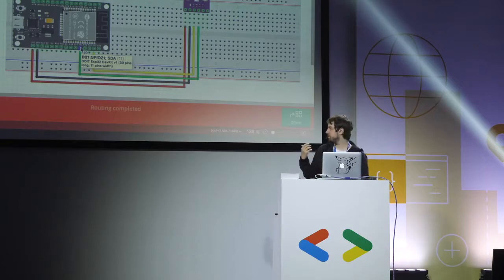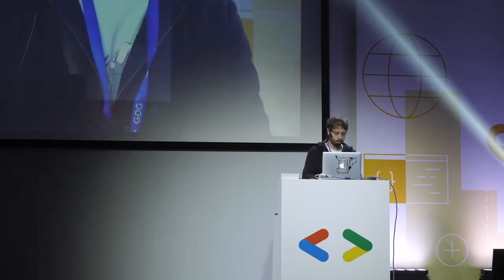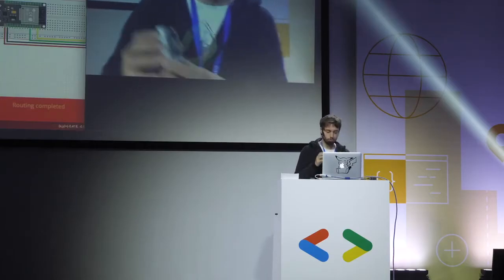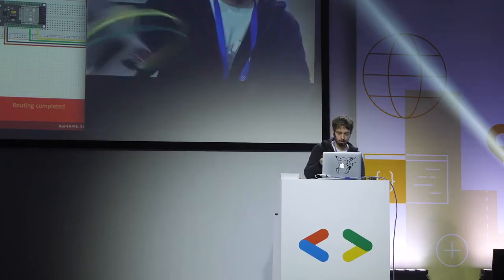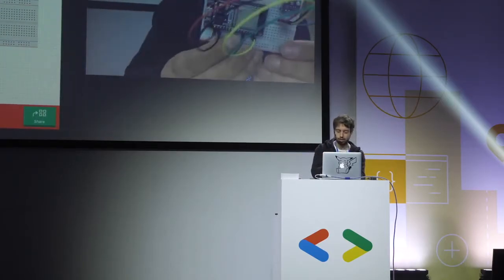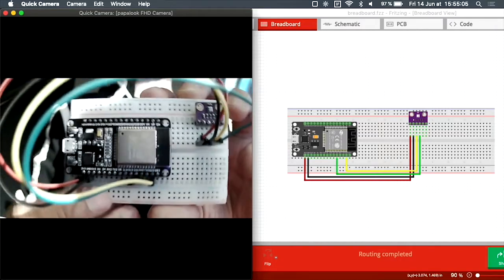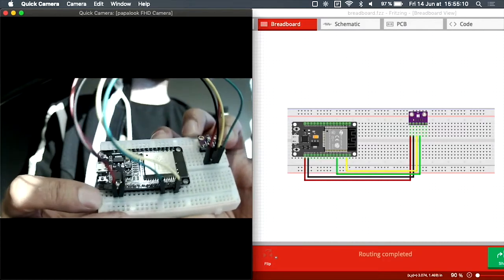So the first time you see it, you may think, oh, come on, it looks so complicated. Actually, you just have to do what they tell you, and if you're not sure, you can just search on the internet. So I told you it's actually what I did. I connected my microcontroller to my sensor, and you will see it's exactly the same kind of wiring. So I respected it, SCL is connected to 22, and so on. So I connected it like that.